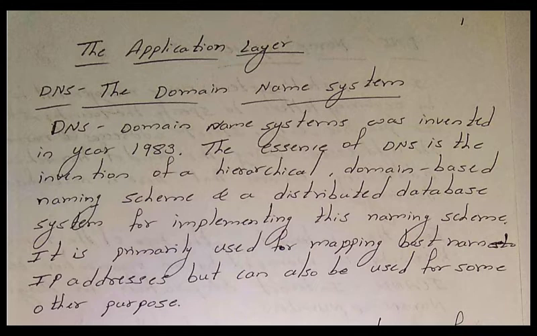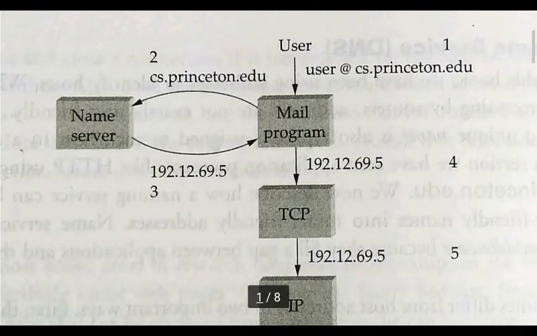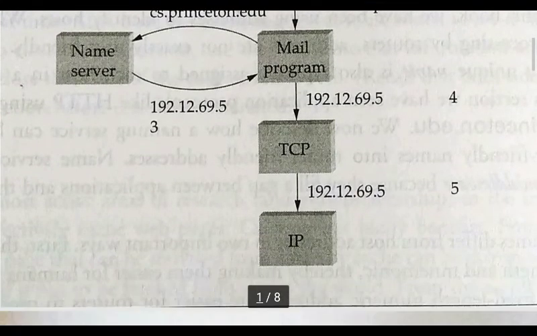Now when you get the IP address, you want to communicate with that particular server. The program is then going to establish a TCP connection with the particular host, and then it is going to communicate. Now we are going to see the diagram here. You just see here whatever I have explained.